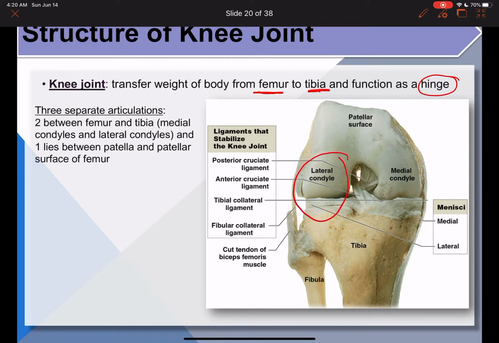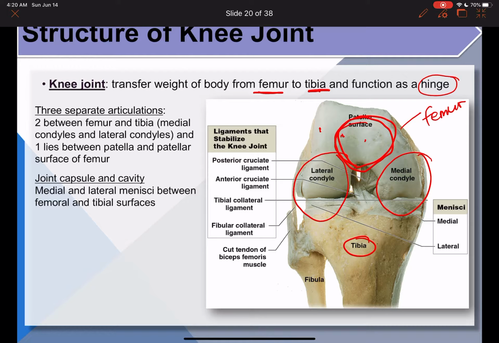So this right here, the lateral condyle and the medial condyle, is the 2 articulations. The third one lies between the patella, which is about right here in this area, and it articulates with the femur bone. Okay, so this is the femur bone, and this is the tibia bone. So 3 different articulating surfaces are happening with the knee joint. Now these are actually within the joint capsule and cavity. There are 2 other accessory things,